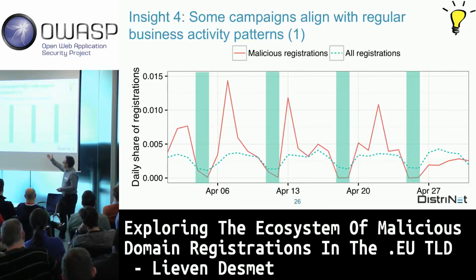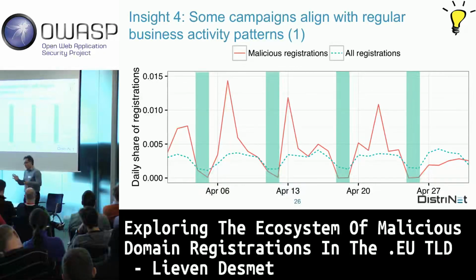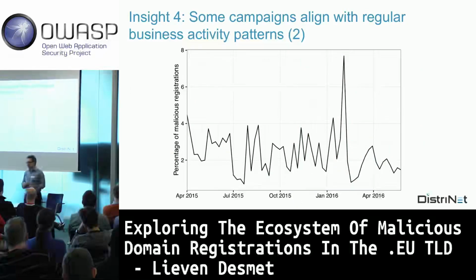But maybe they just overdid it. They're doing too much registration during the week versus the weekend, but we see such a pattern. Okay, we can't make a conclusive answer why it is, but more interesting if you're looking at the time of